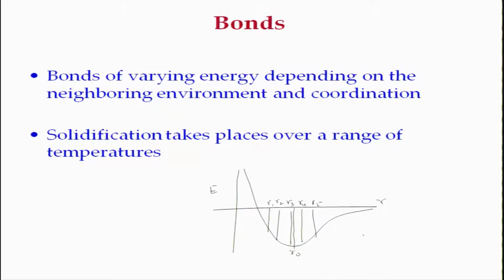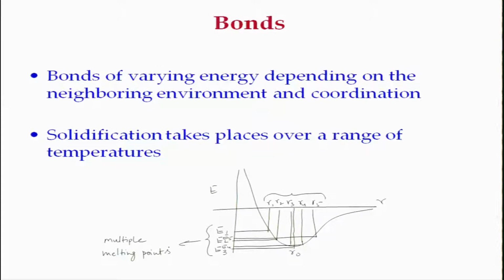In case of glasses, since you have this multitude of bond lengths, the energy corresponding to R1 is E1, the energy corresponding to R2 is E2, to this it is E3, to this again it is E4, and this again is E5. So you have this multitude of energies, and it is like having multiple melting points,